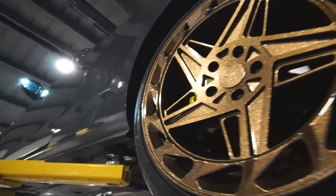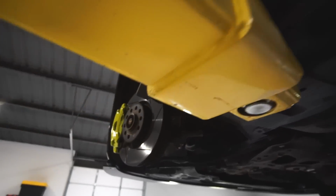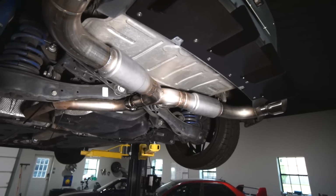So I'll probably put these side skirts on pretty soon, but the lift is in the way for a couple of them. We'll give you one final look at everything with the lights on, and then we'll do a first start. And I want to do a little bit of driving to see how it's going to sound. I want to give you guys some flybys, some drive-bys and stuff. It's definitely going to be louder than it was, and I'm hoping that these two resonators, mufflers, do a little bit of work, just toning it down a little bit. I think it's going to sound great. We got a laser engraved